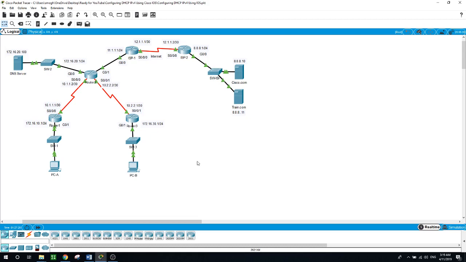As for this video, you will find it in the description. If you download the Packet Tracer file, you will have this network, and the walkthrough documents will walk you through step by step what to do, whatever I did